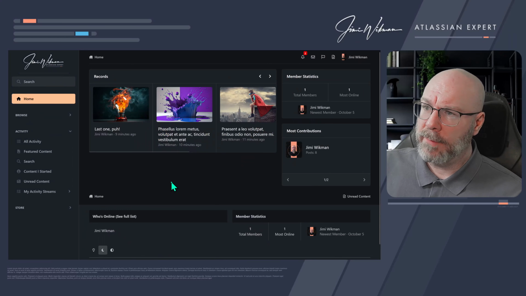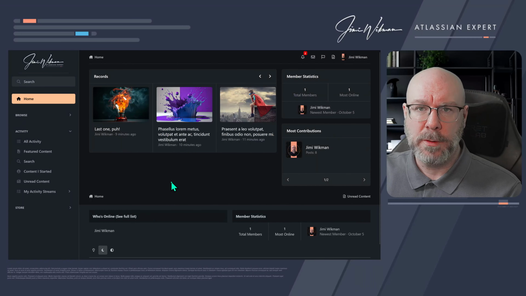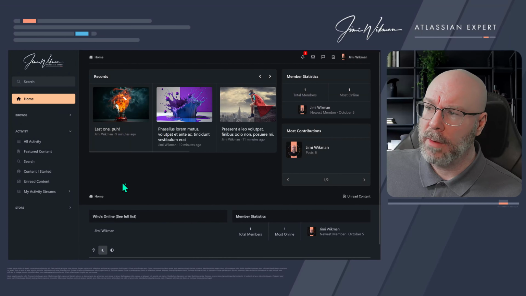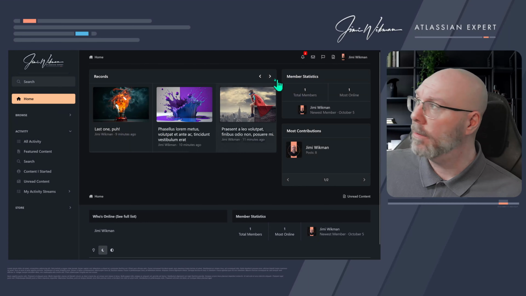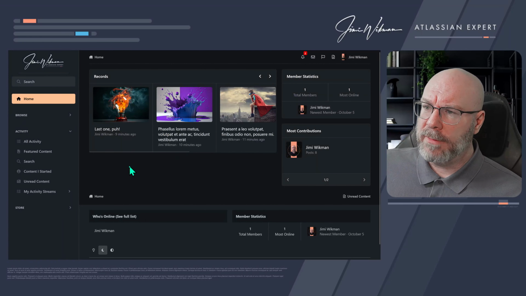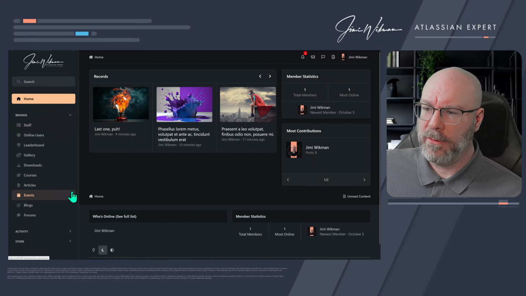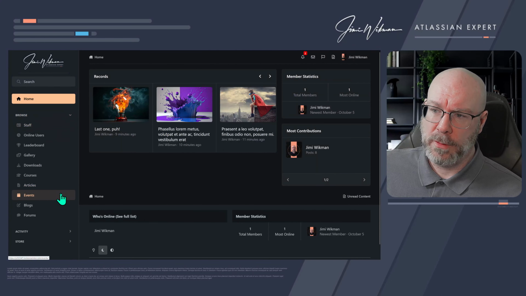So now we have the blog post. The next step is we want to import things from other content areas, and they work pretty much the same way. Anything we want to include here, we just need to add things. So let's start with the gallery, for example, because that one is the fastest one to create things for. So if we go to the gallery,